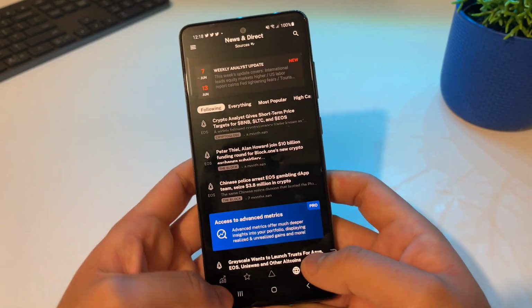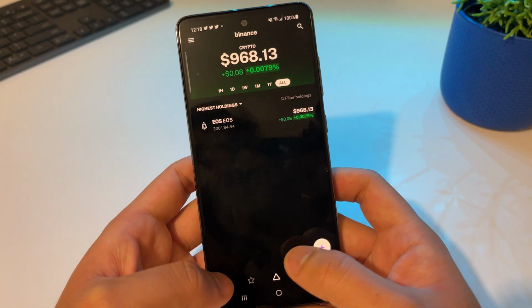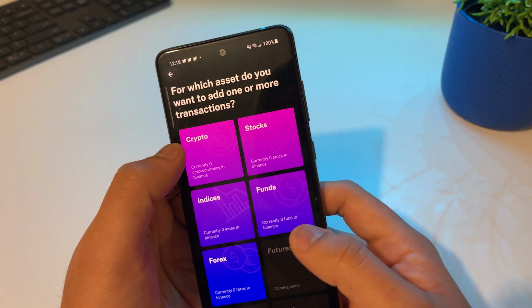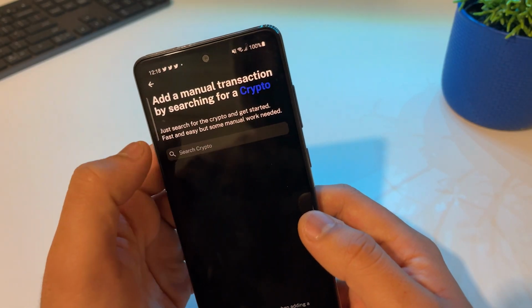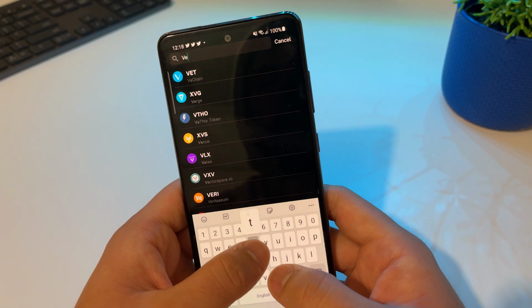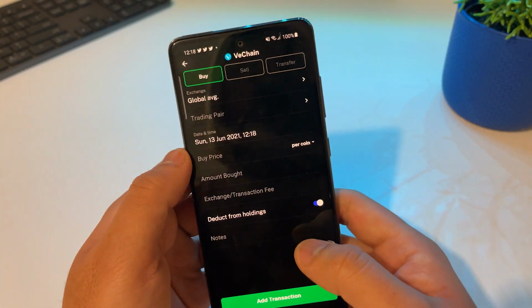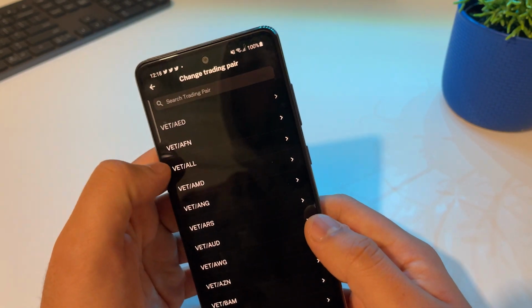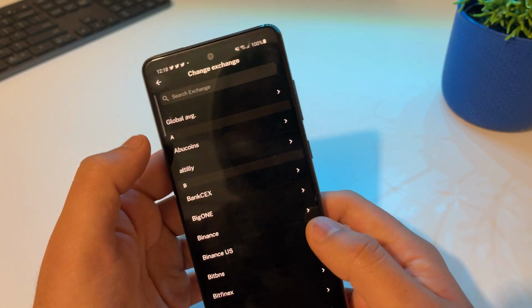For example, if I go to portfolio, and I add a manual transaction, I add a crypto, I add VeChain, VET, and I type global average.